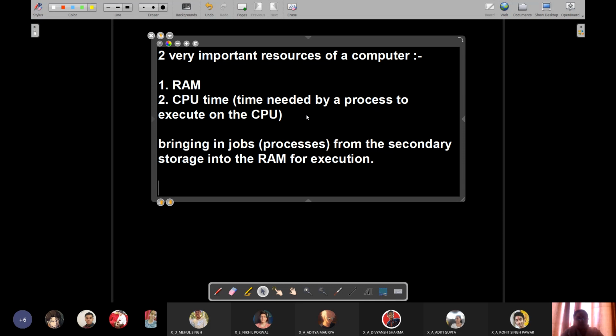In order to execute, all processes need to be in the RAM. So when to bring which job from the secondary storage, that is hard disk or floppy disk or magnetic tape drive or whichever secondary storage device is there, how to bring it into the RAM, when to bring it and when to let it out.